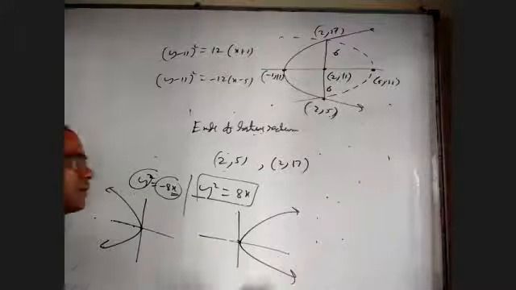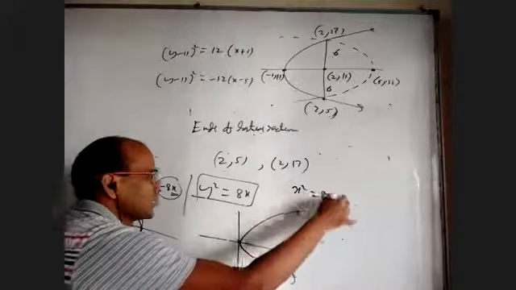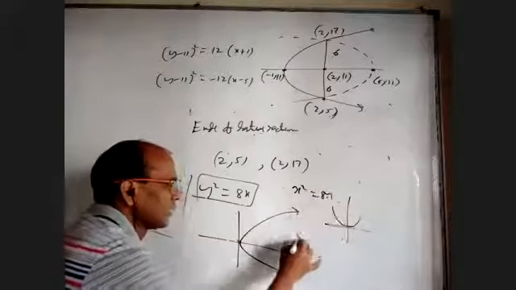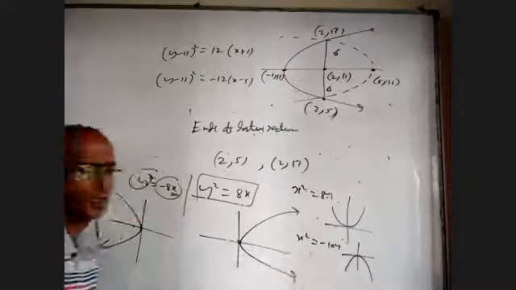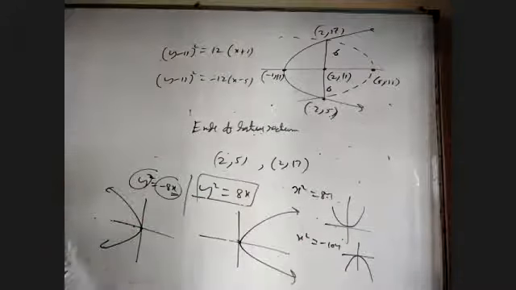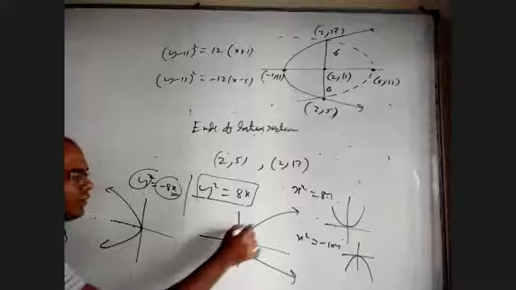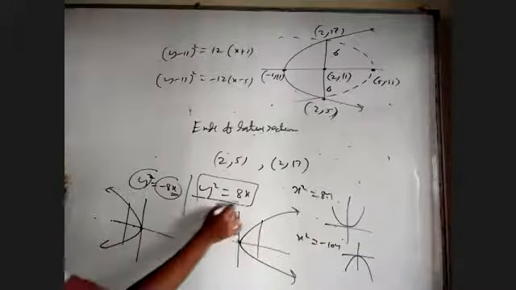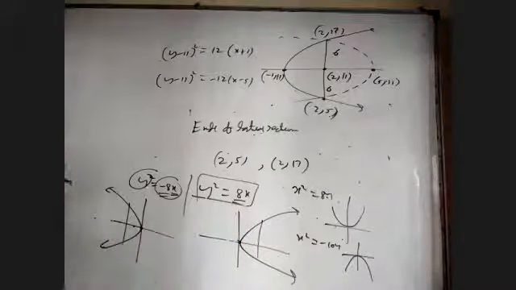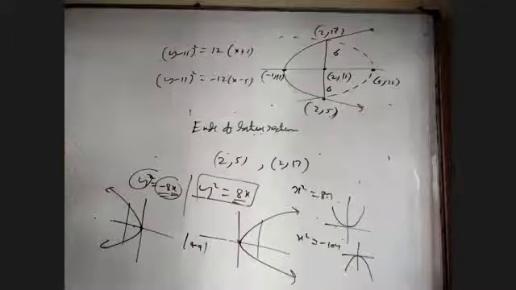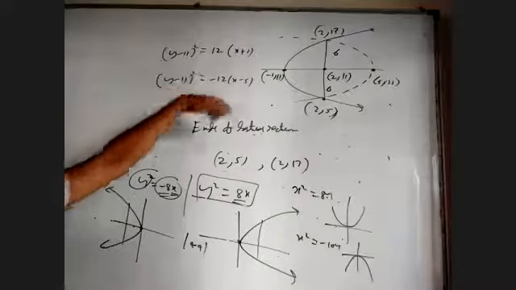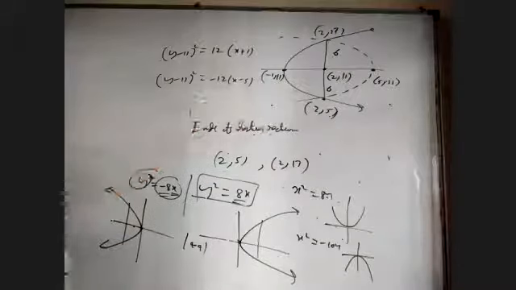Okay. Same reason, if x² = 8y, it will be like this. And if x² = -10y, the y coordinate should be negative, meaning third and fourth quadrants. That's the length of latus rectum. Here also it is positive, but here 4a is 8, here 4a is -8. So I want to say length of latus rectum is mod 4a. That's it.